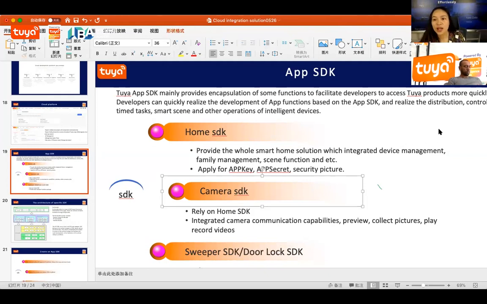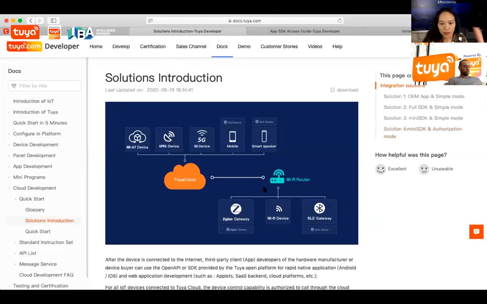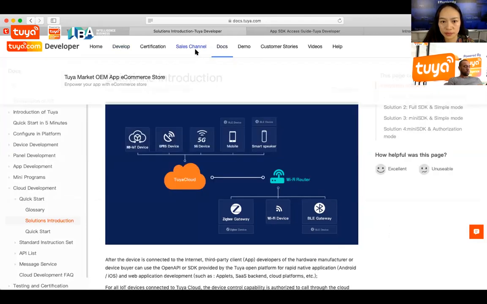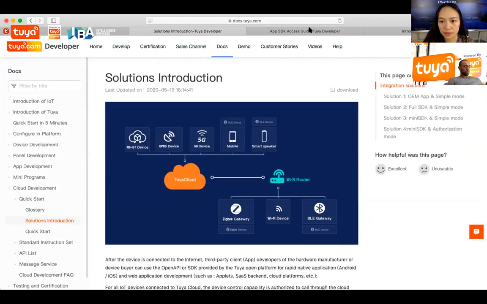I shared the IoT platform. Okay, let's see. To share this one, me? This one. Okay, great. Wait, I see now. Can you see it now? Okay,